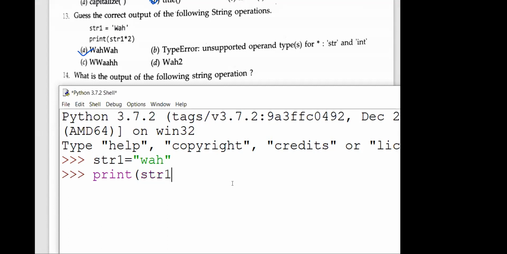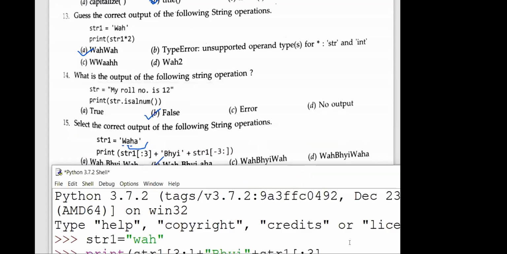Print STR1, then :3 is given, then plus BHYI, then a comma was not there, plus, and then it was something like this STR1 of :3, minus.